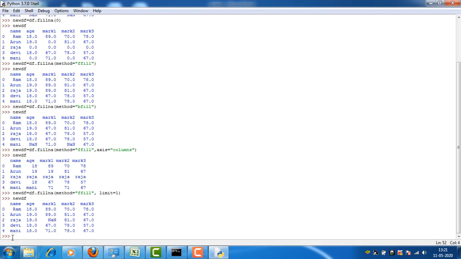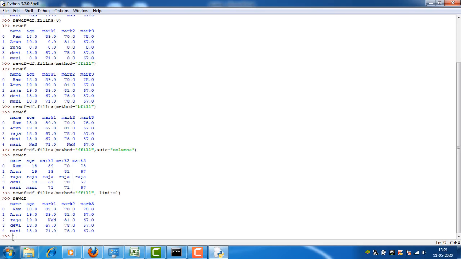Next, we are going to see the method called interpolate. The interpolate method is also used to fill the missing values. A small variation occurs between fillna and interpolate.